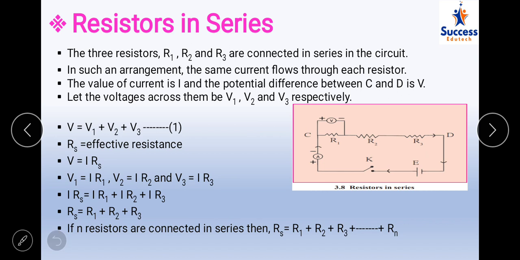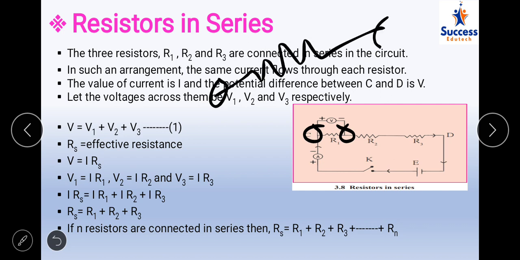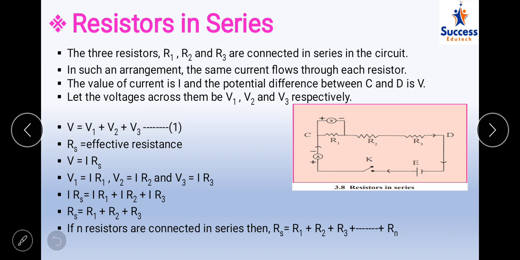Now coming towards how the system will be and what will be the effective resistance if resistors are connected in series. A resistor is a two-ended component. See, here is one end, here is one end, like we represented the resistor like this. So resistors are two-ended components having a given amount of value between their two ends.